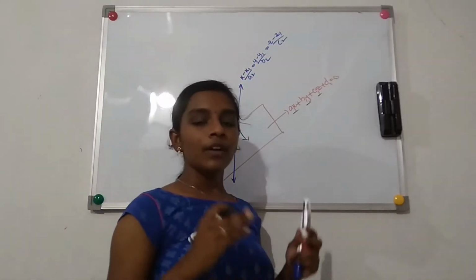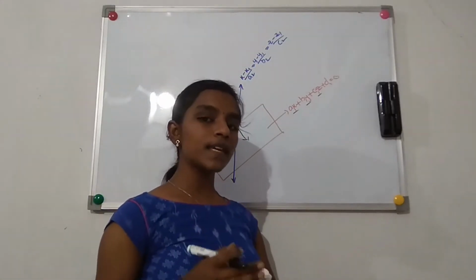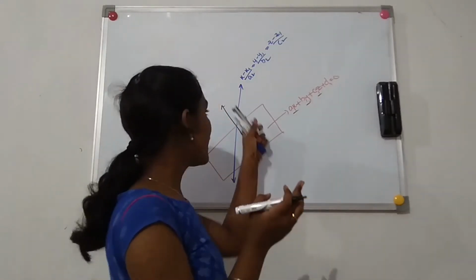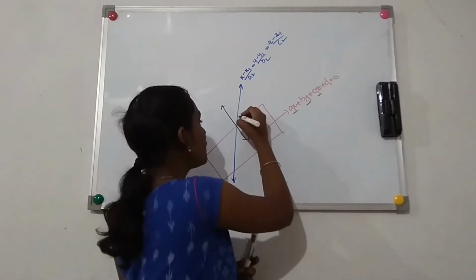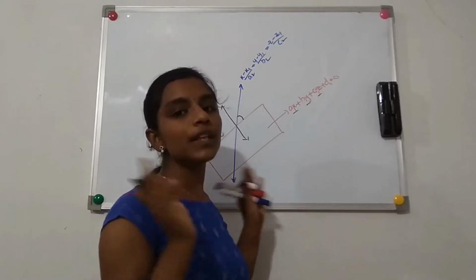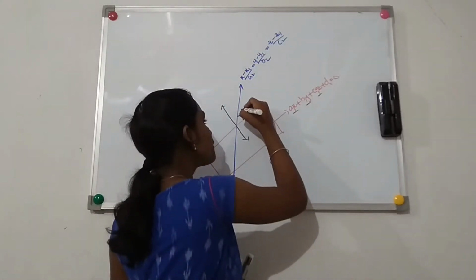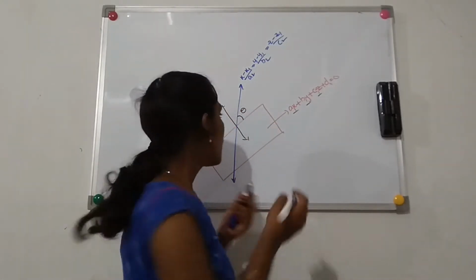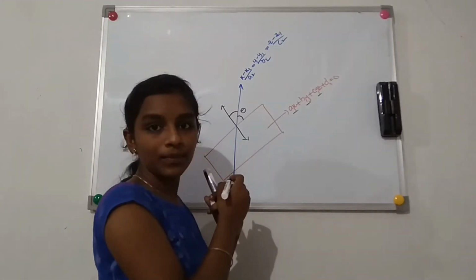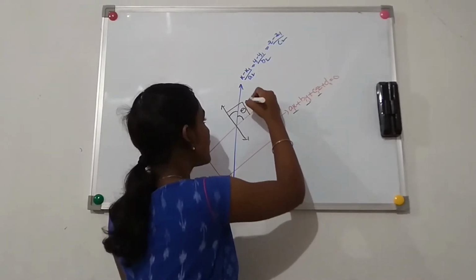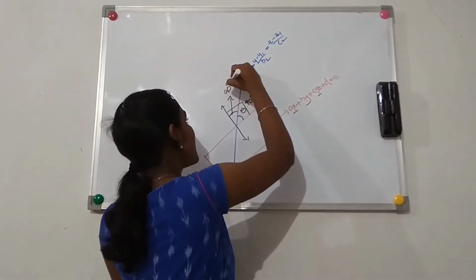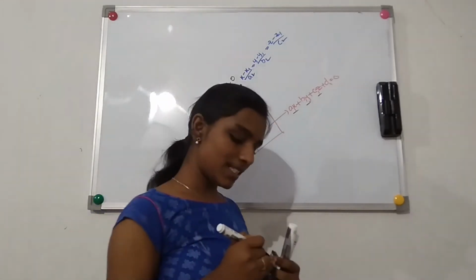Now we are asked to find the angle between a plane and a line. So this is the plane and this is the line. The angle between both of them will be this. Let me think that the angle between those two is theta. So what will this other angle be? Because the total angle is 90 degrees, that will be 90 degrees minus theta. Am I right? 90 degrees minus theta.